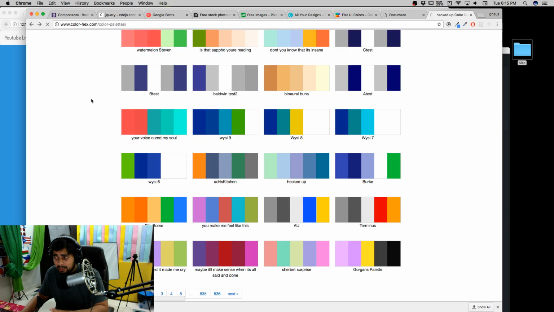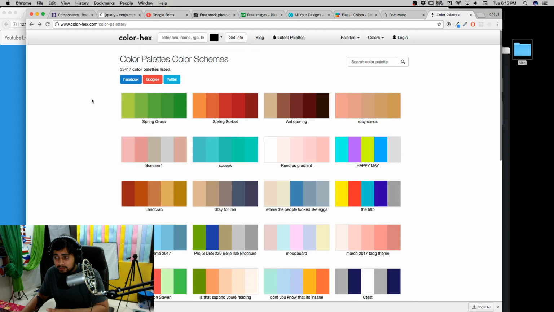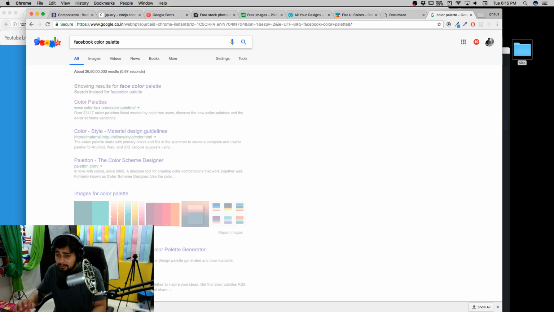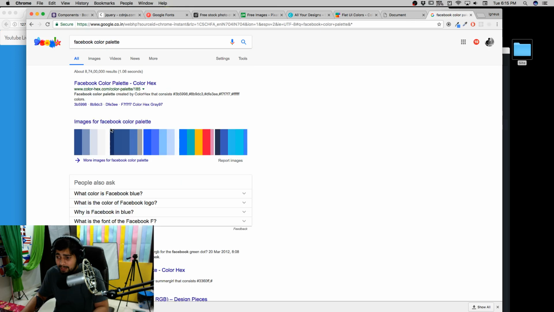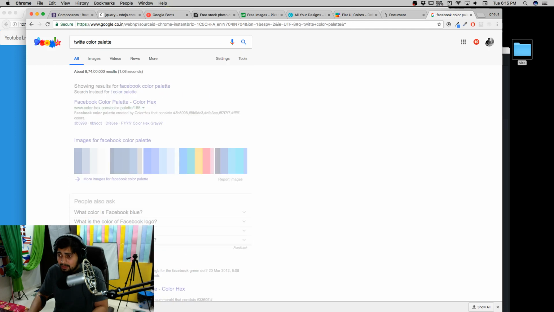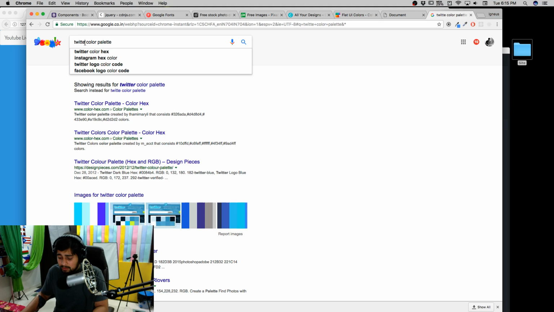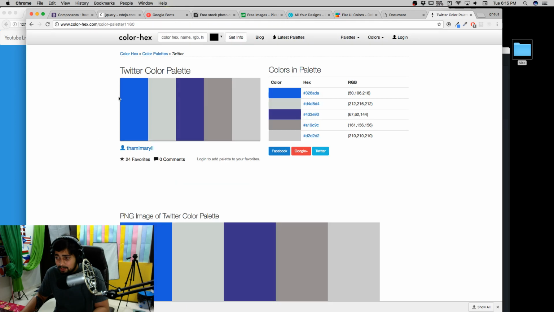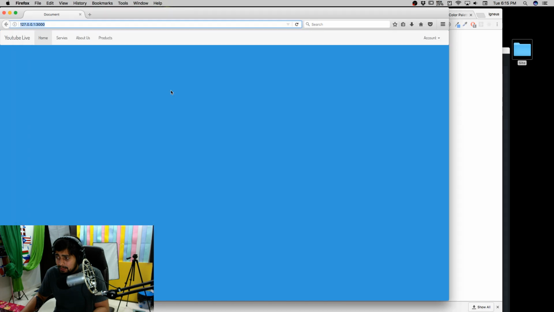So follow some kind of color palette, and in case you want to give your website the look and feel of Facebook, there are color palettes available for pretty much every website. Facebook uses these color palettes, and the same is available for Twitter as well. Everything is available there. What I'm saying is try to use a color palette. That's always appreciated. Coming back to our web page, this is done now.